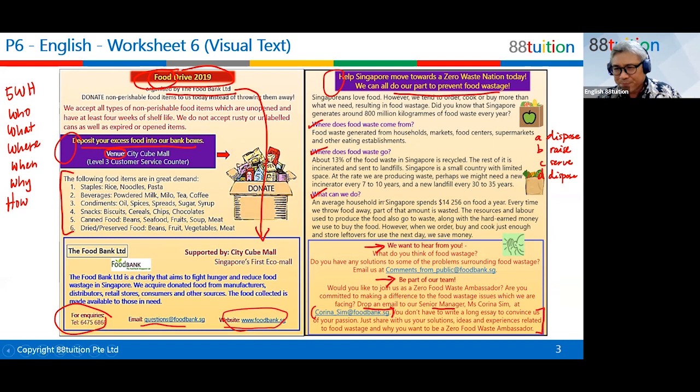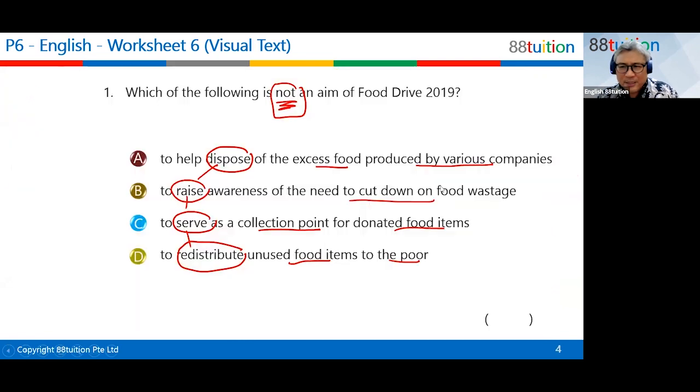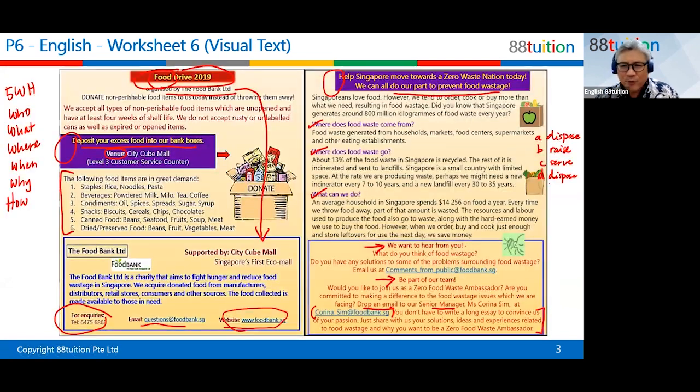So raise awareness, B, and C, to serve as collection point, already done. And to dispose of unused food, the first one is dispose and redistribute unused food. Sorry, this one, the D should be redistribute. So when you redistribute the unused food, right?